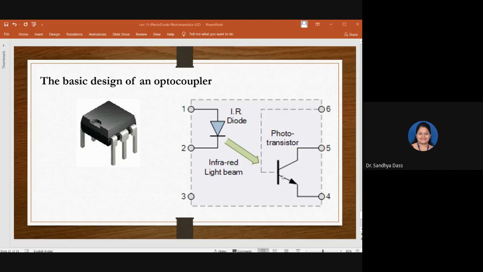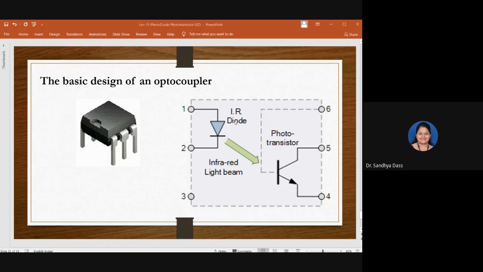Okay, I hope you have a basic idea of the phototransistor from your second PU, where you understand that the input is given to the base of the transistor in order to turn it on and to get the output current at the collector. Assuming that you have this basic information, the light emitted by the LED falls on the base of the transistor, causing it to switch on and conduct, similar to the normal operation, right?